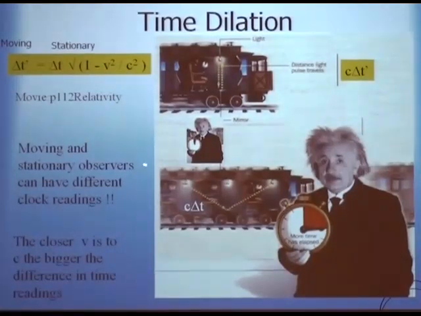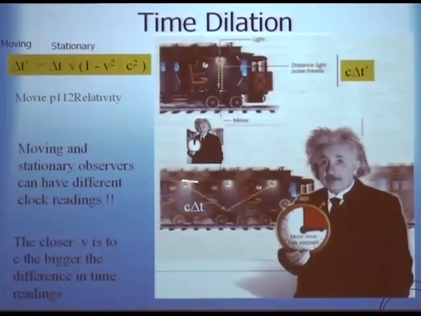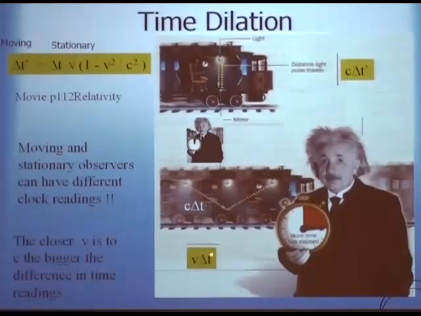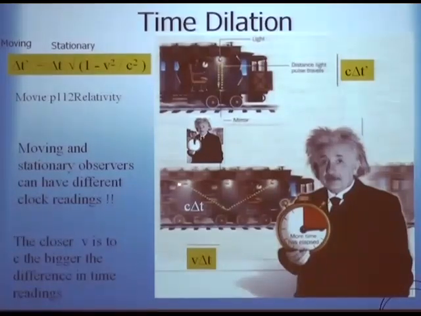All right, so that's c delta t prime. This distance here will be c delta t, because this is the time delta t. Delta t is the time on the ground, okay? And the distance that the train has traveled will be v delta t. So: c delta t, c delta t prime, and v delta t. I'm going to take these three lines and put them on the next picture. Okay? So there's c delta t prime, there's v delta t, there's c delta t.